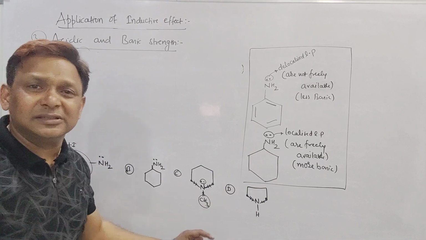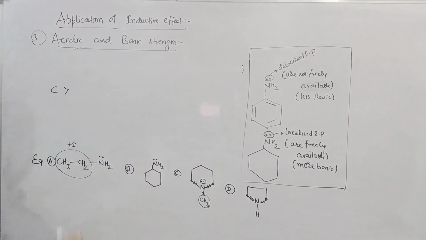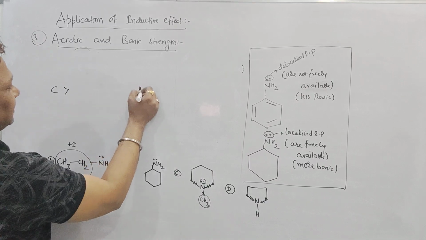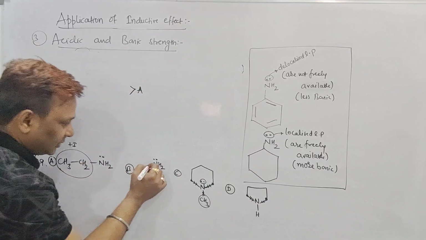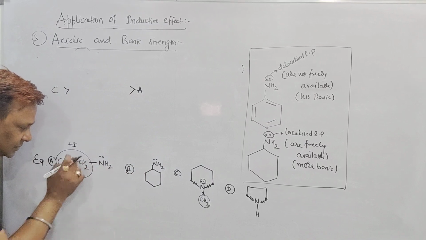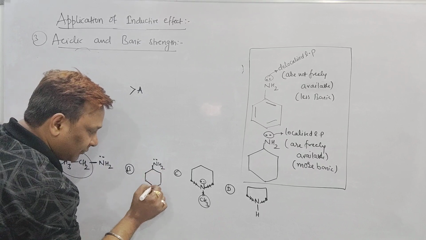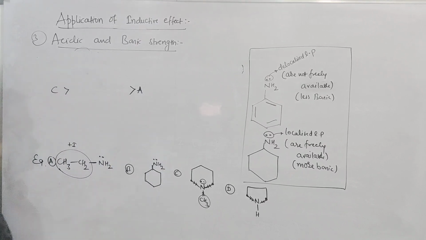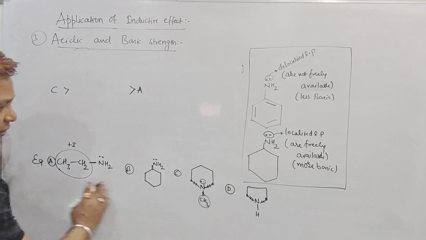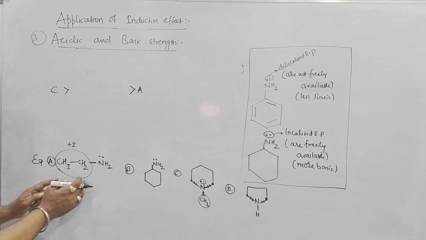So among the three, which is the most basic in nature? So C is the most basic in nature. And among these four, which is the least basic in nature, beta? I'll say A is the least basic in nature. Why? Because this is a 1 degree amine, this is a 1 degree amine. Beta, it is having a plus I of 2 carbon. Sir, it is having a plus I of 1, 2, 3, 4, 5, 6 carbon together, it gives the plus I. So among these, all the 4, most basic is C and least basic is A.